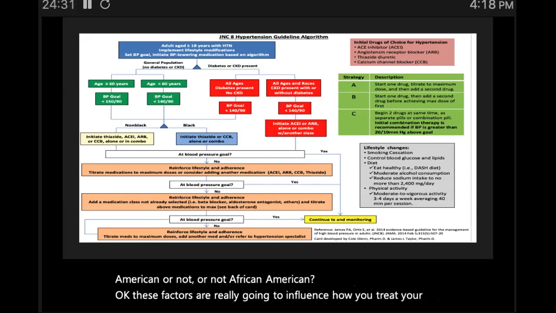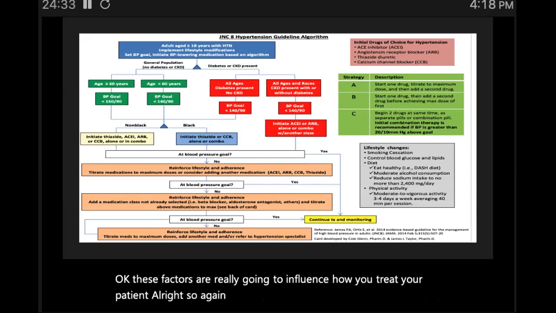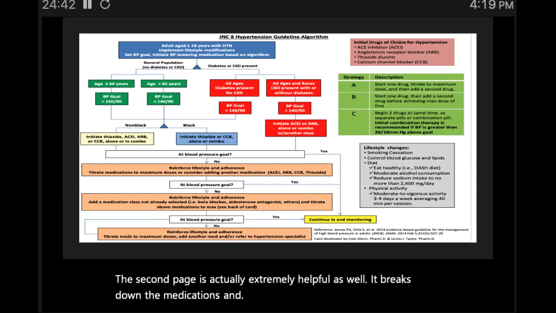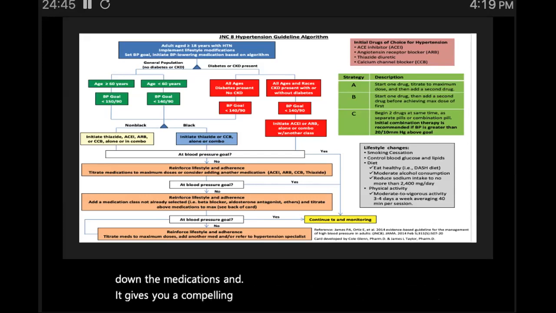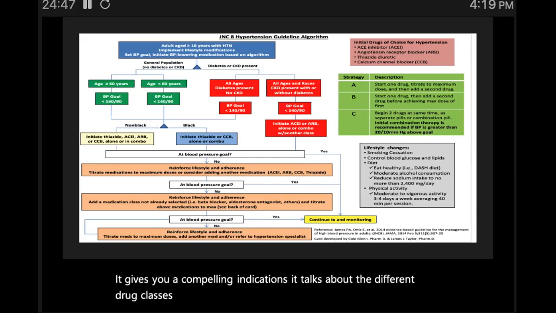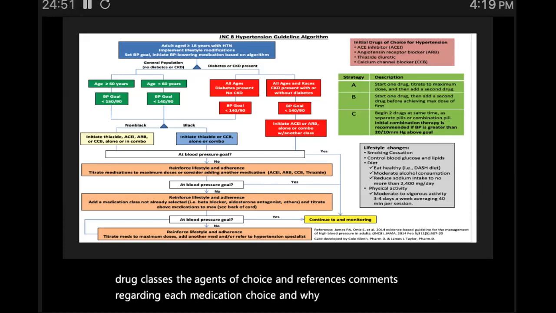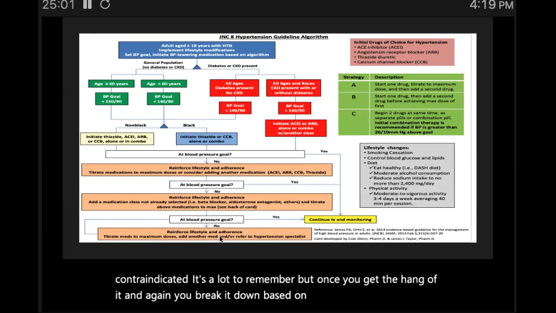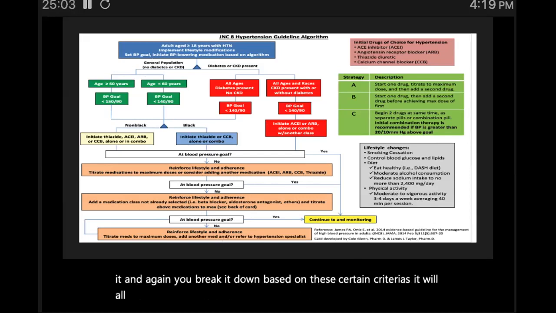All right, so again, download this algorithm. It has 2 pages. The second page is actually extremely helpful as well. It breaks down the medications and gives you compelling indications. It talks about the different drug classes, the agents of choice, and comments regarding each medication choice and why they may be contraindicated. It's a lot to remember, but once you get the hang of it, and you break it down based on these certain criteria, it will all start to come together